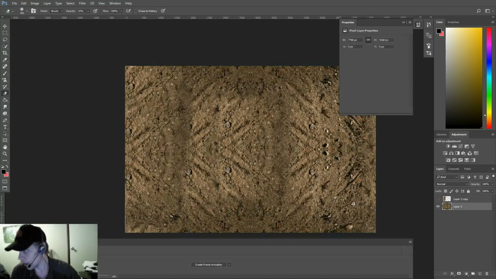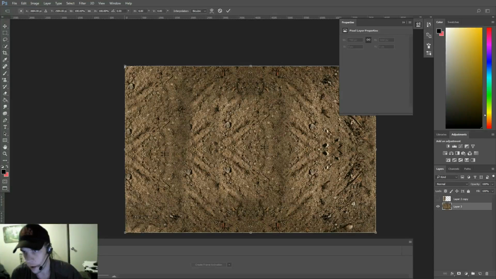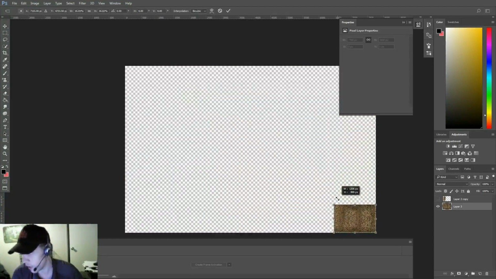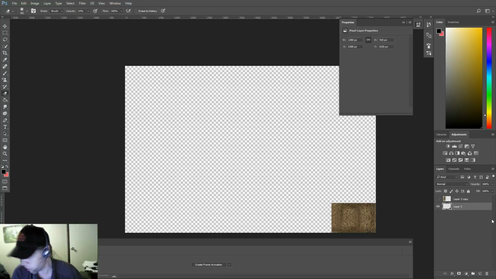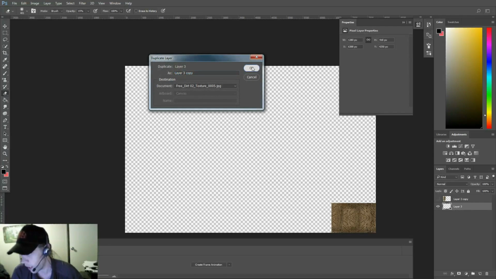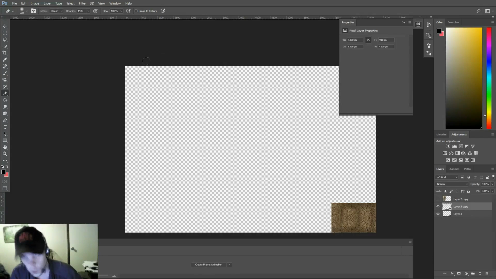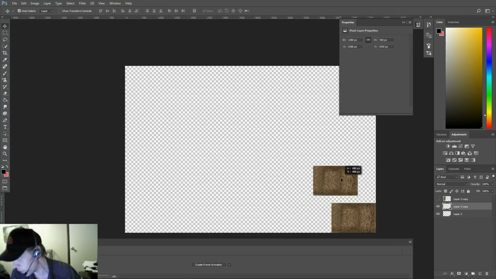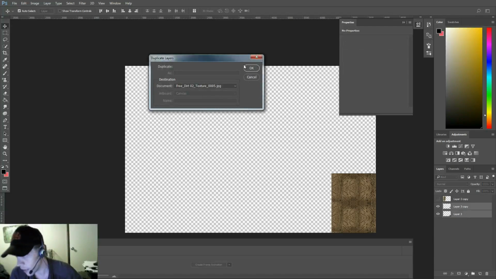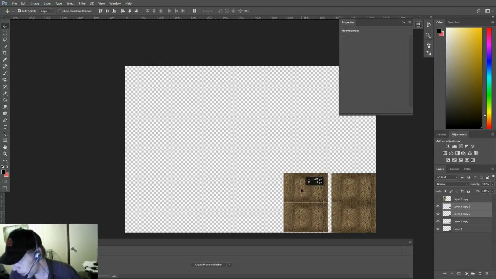With this one selected, we're going to do a transform on it. I'm going to hold down Shift as I drag this down, and then press Enter, and we're going to start duplicating this layer. Then all we have to do is click on the Move tool and start moving these around. Let's go ahead and duplicate both of those. And you will see what I'm getting ready to do here in just a second. Because right now this